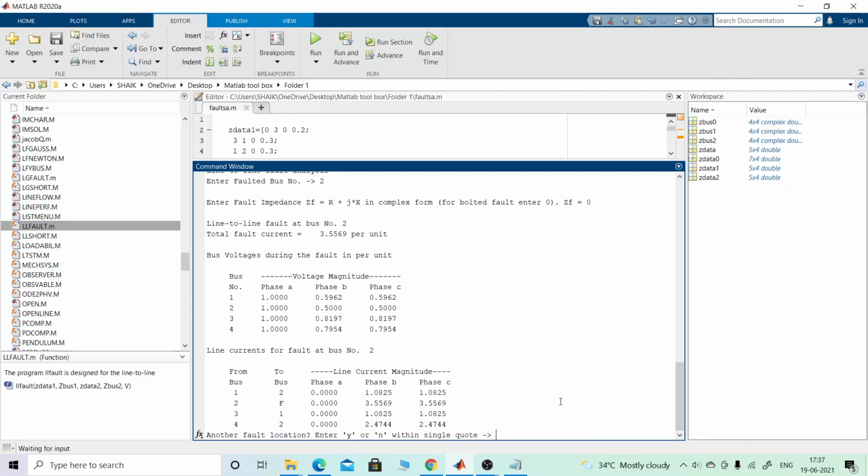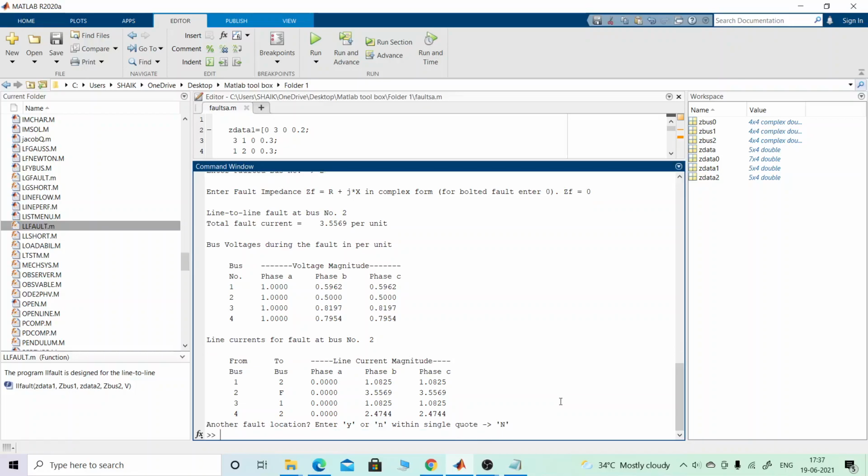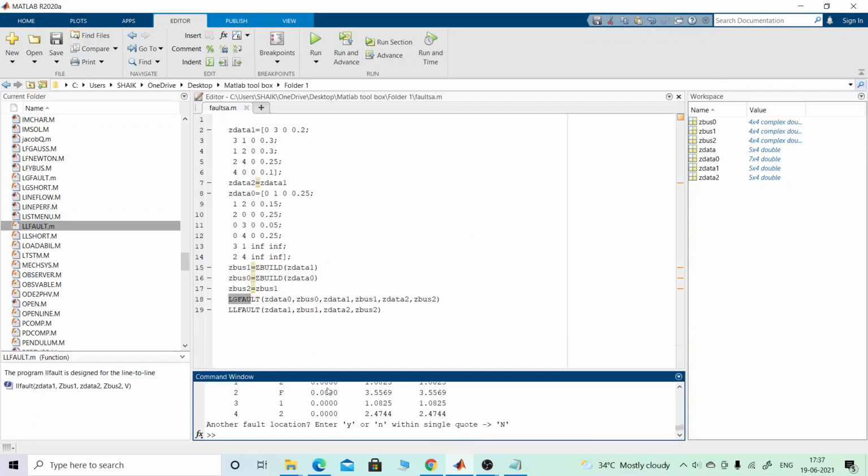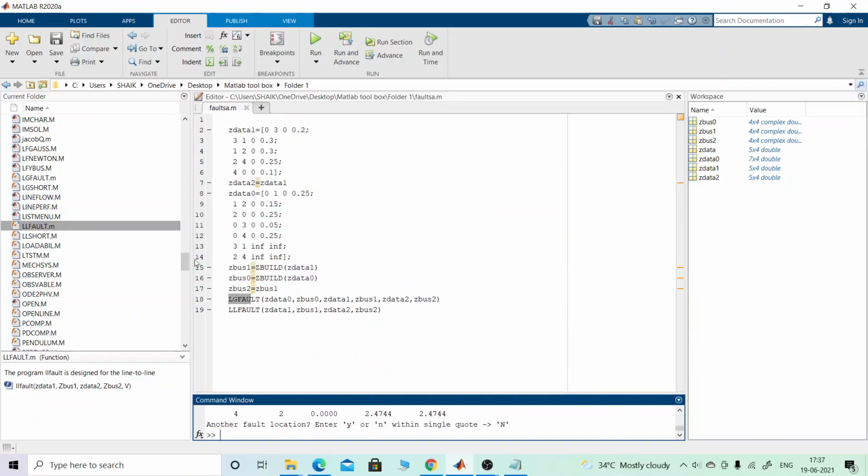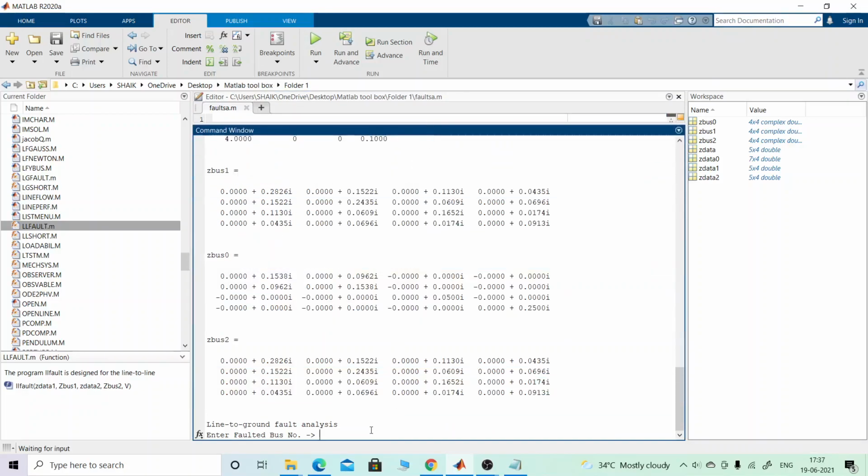I have to find out the LL fault also, so I had to skip from this one by pressing N. That's completed. But I have not gone for the LL fault because I skipped the LG fault. Now I press once again, line to ground fault.